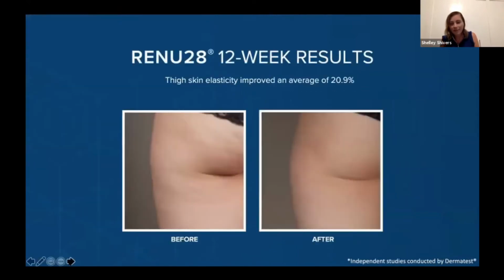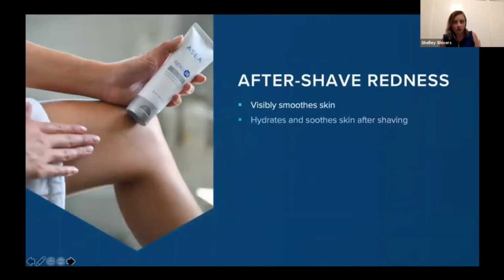These are a couple of examples of some before and after photos from a 12-week study. And you can just see that skin elasticity, and it's quite a remarkable difference when you look at this. Okay,